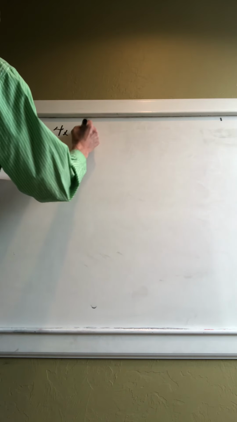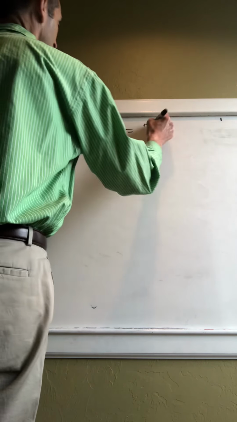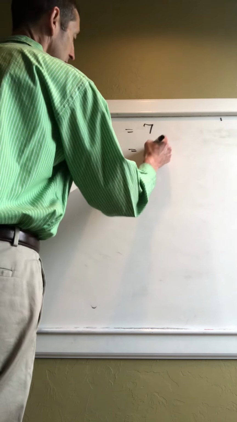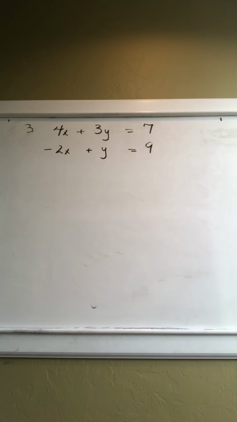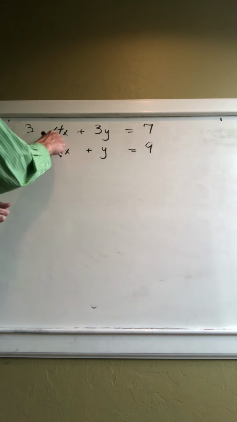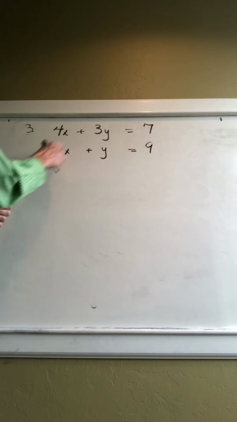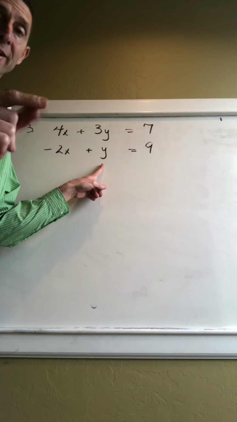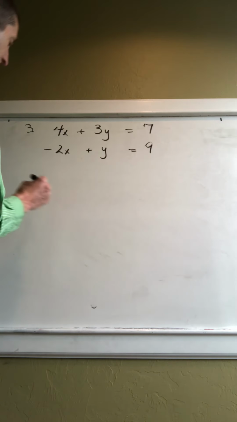Okay, guys, here we go. 2 examples in the book. Example 3 of solving by substitution. All right, here we go, guys. For substitution, you've got to find the easy letter to work with. So we're looking. Here's 4x. Nah, that's got a 3 in front of it. That's got a negative. Ah, there she is. This y is all by itself. That's your easy letter. So grab this equation,